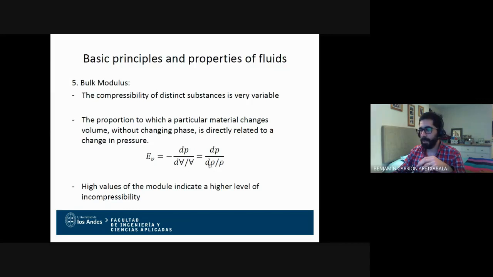So the change in rho over rho. Okay, so a large value of bulk modulus indicates that specific fluid is very, very little compressible, and a small value means that you can compress it easily. Okay,